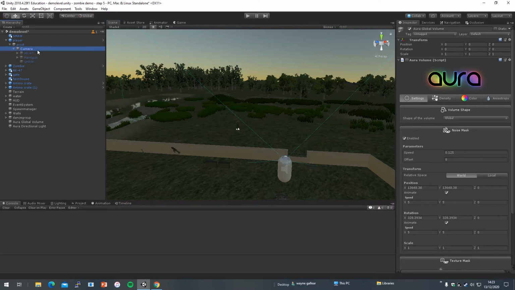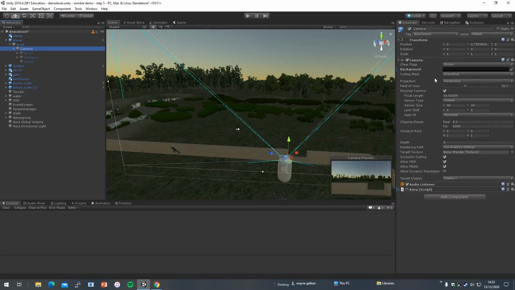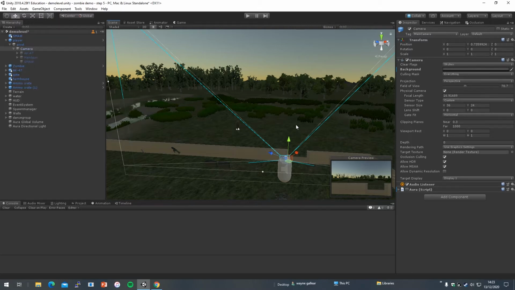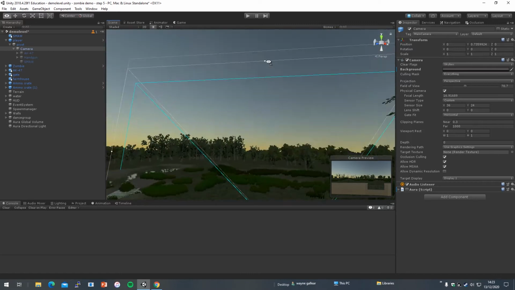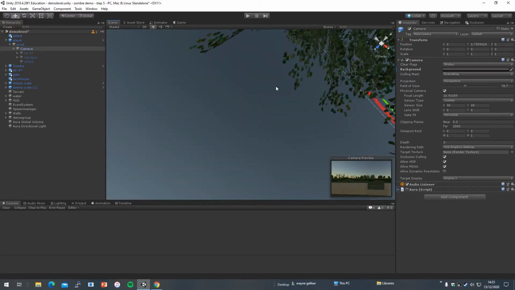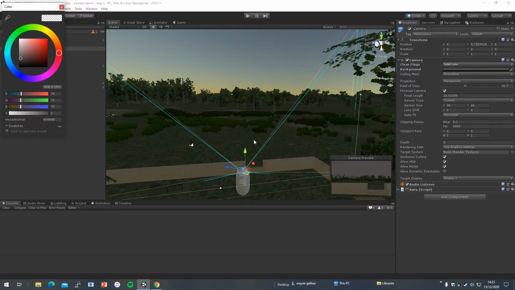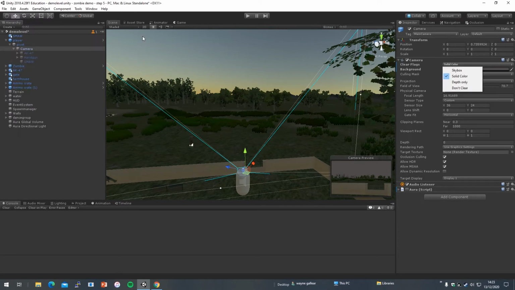is the skybox. If you've got a camera and you click on here, you can change it. I've changed it so it's really dark, I don't want it quite that dark, so I'm going to change it so it's there. The skybox is what the sky looks like, and it's part of how the scene looks. We can have a default skybox. You can have a solid color. You can actually change the entire color of the sky to one color,